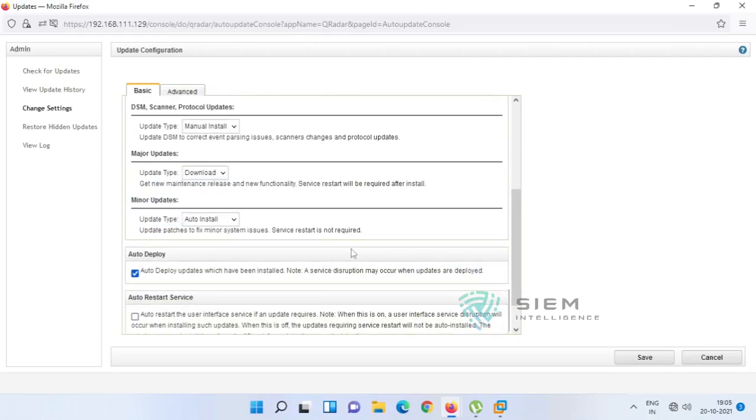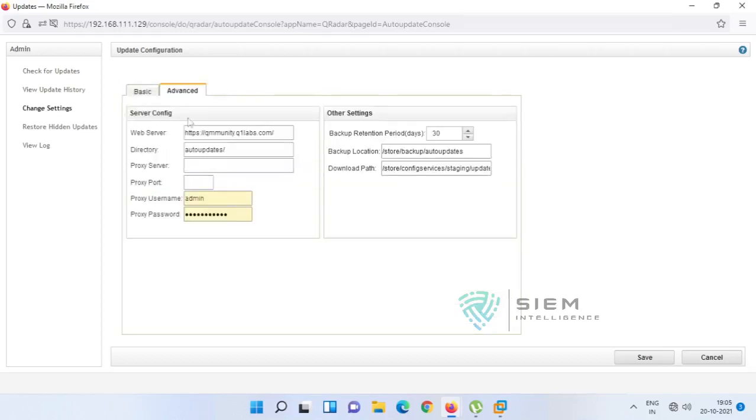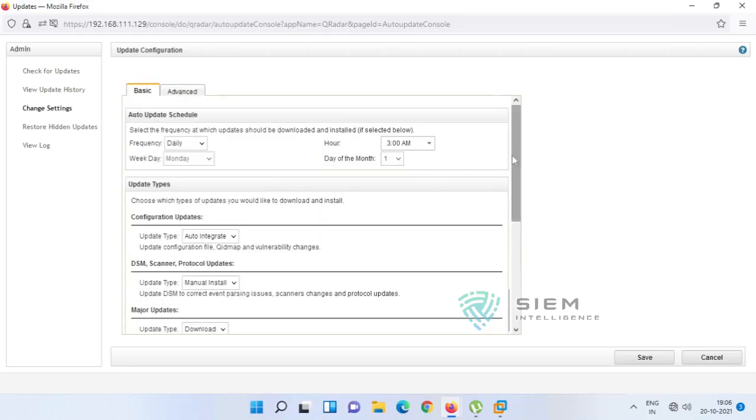So these are the general settings, and you can also go towards advanced settings. This is the basic community for Curada community editions update, and this is a directory where the updates are going to be stored, and the backup location and the retention for the updates will be stored over here. You can change the location if you want, and the password, proxy user and all if it is there. It's not mandatory over here, but I just mentioned it. If your proxy server is there, then it will be helpful. Else these are general settings for updates.